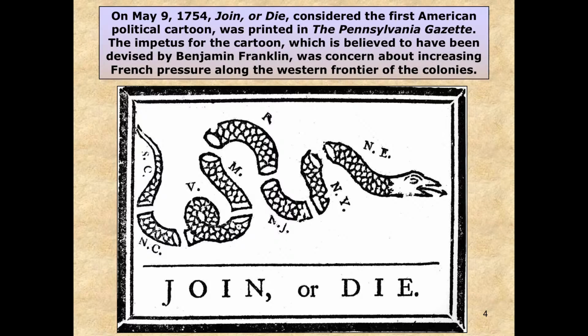A chopped up snake. And here we see at the tail we got South Carolina, then we got North Carolina, then we got Virginia, then we got Maryland, and yeah, I know it looks like an R, guys, it's just a smudge right there, but that's a P for Pennsylvania. We got New Jersey, New York, and notice the head of the snake is New England.